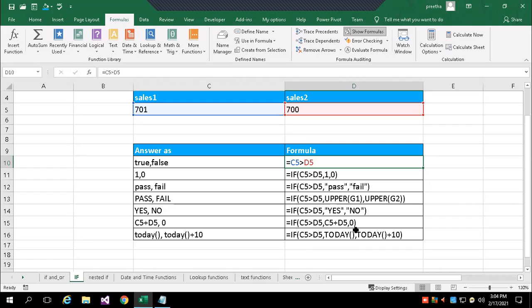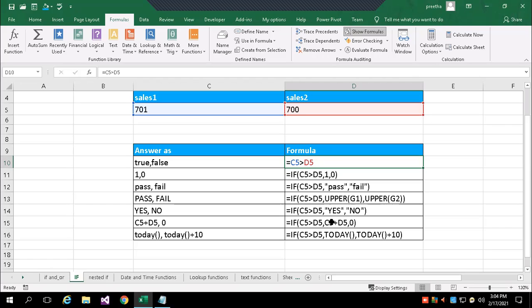The result can be a numerical value, a text value, the result of a formula, or the result of a function. Okay, so you can note this down. After logical test, what are the ways we can return the value?